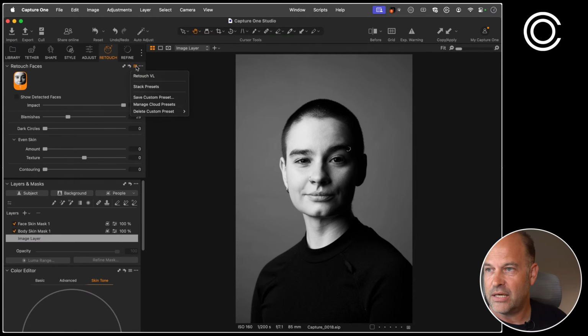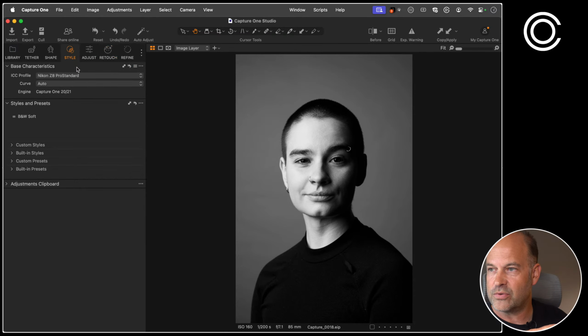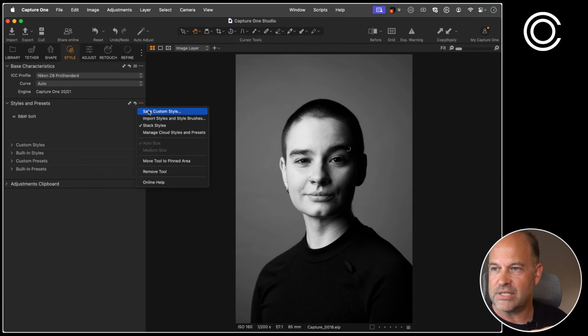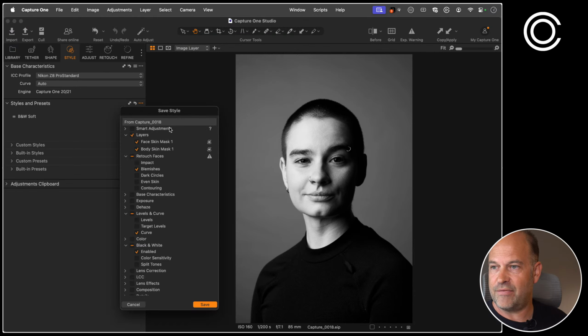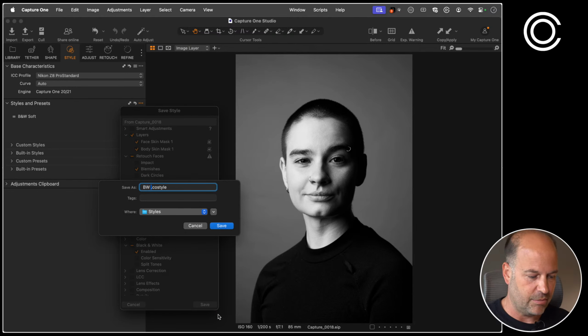So 2 things, you can save a custom preset. So like any other Capture One tool, you can save a custom preset and then that will only affect this tool. Or in the styles and presets tool, you can save a custom style, which would do everything. So if I save this custom style, it's got these layers on there, it's got the retouch faces going on and so forth. So if I save this and just call this black and white portrait retouch, like so,